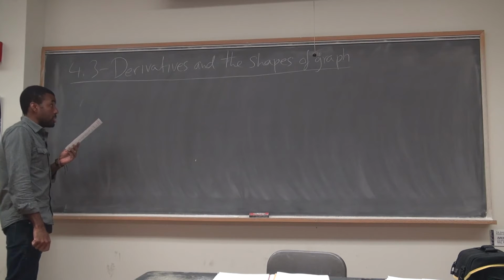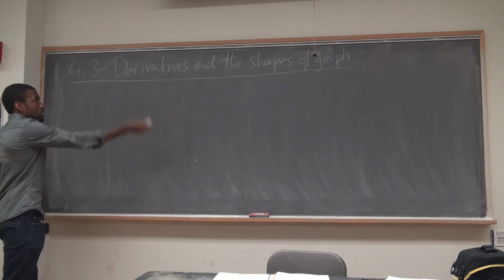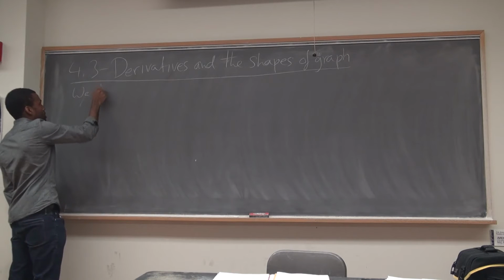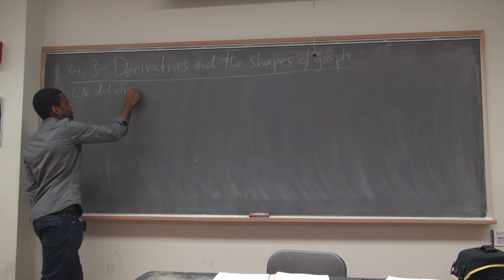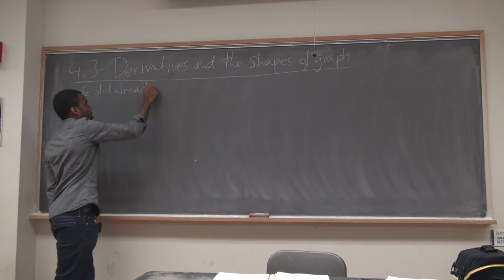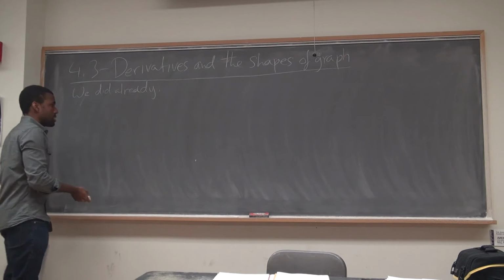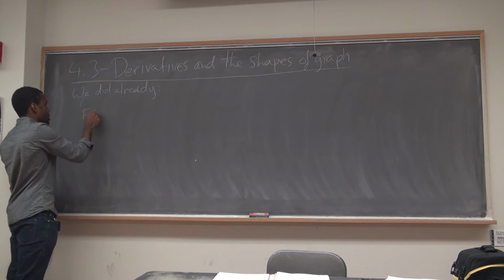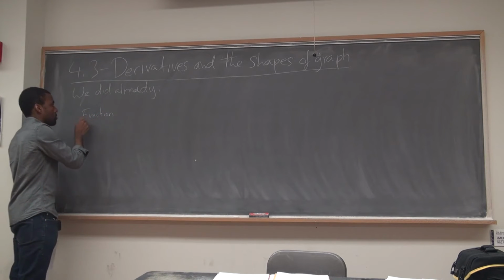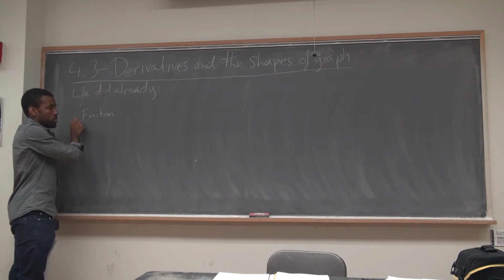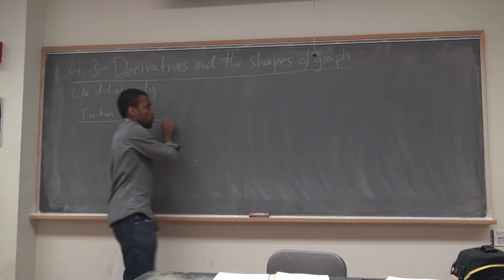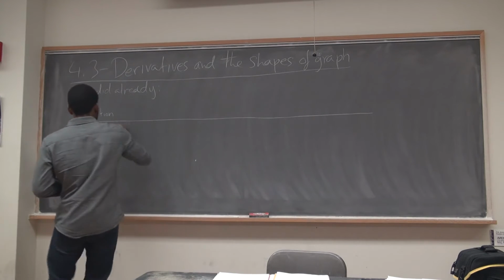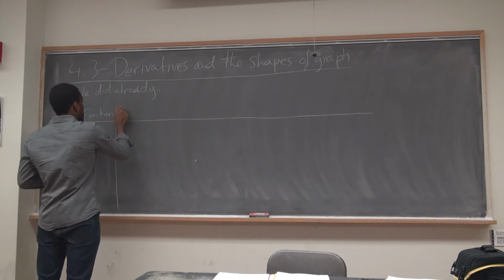Okay, so derivatives and shapes of graphs. Do that with your sheets of rules. We kind of did this already. I summarized it in that table. So I'm thinking let's just go over that table and restart talking about things, where I talked about f and f prime and f double prime and what it does and all that stuff.